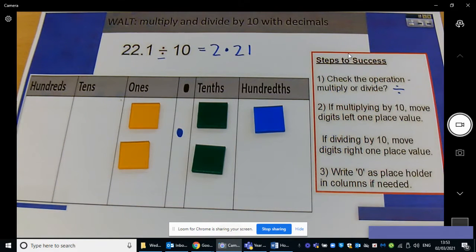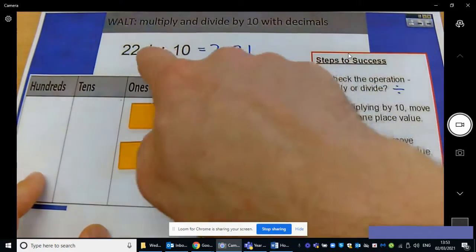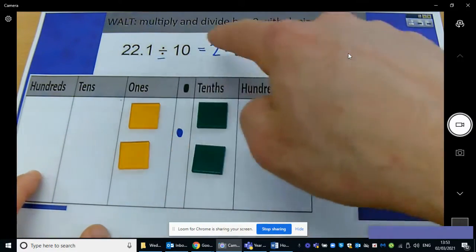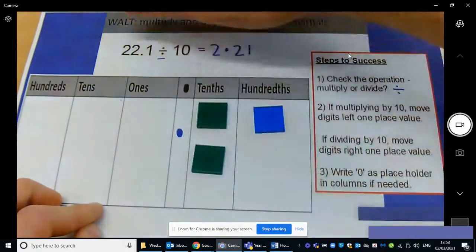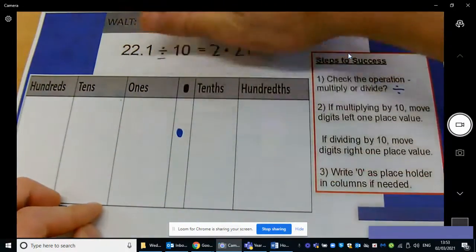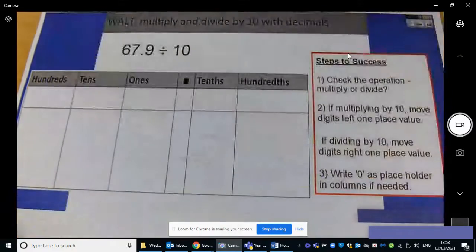2.21. So remember, when we're dividing, the number needs to be getting smaller because that can be sharing out, for example. Whereas if we're multiplying, we're doing lots of, therefore the number needs to get bigger. So we can see that we've done it the right way, that 22.1 has got smaller to 2.21. Now,